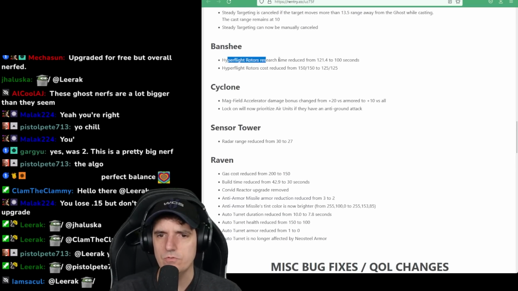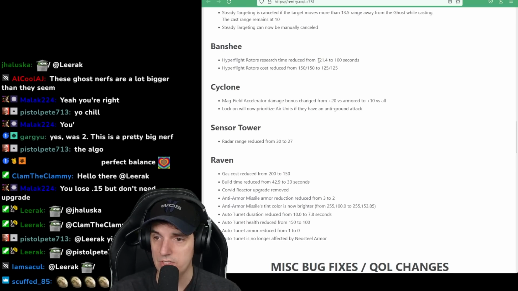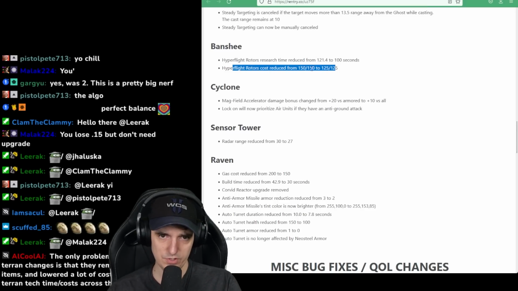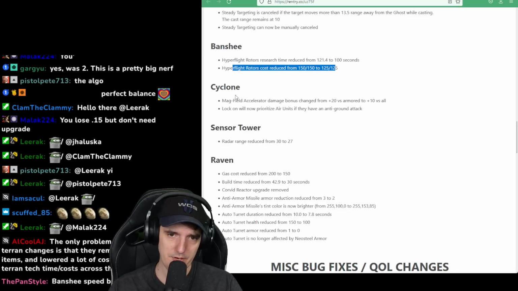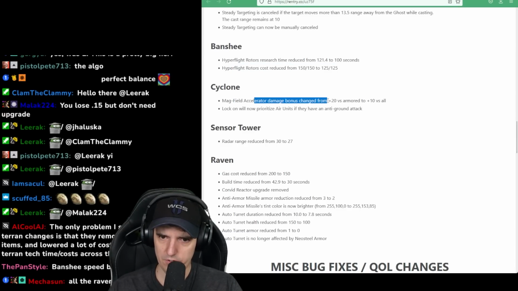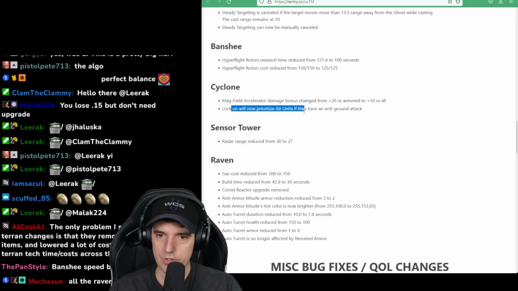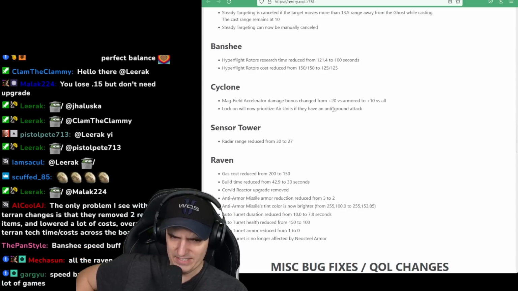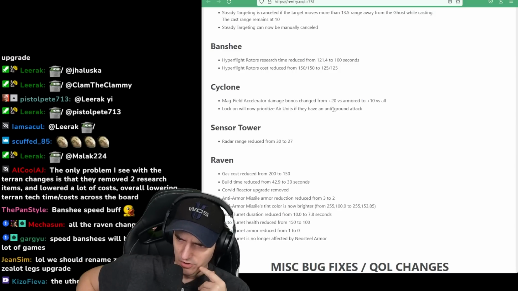Okay, Banshee. Hyperflight rotors. Research time way reduced. That's a pretty big reduction. And cost reduced. That's good to see. Would like to see more speed Banshees. Okay. Cyclone, Magfield, damage bonus change from +20 versus armor to +10 versus all. Lock-on will now prioritize air units if they have an anti-ground attack. Whoa! That's new. Okay, so...